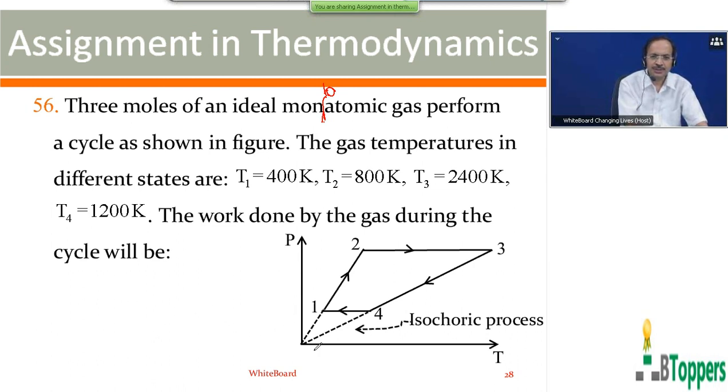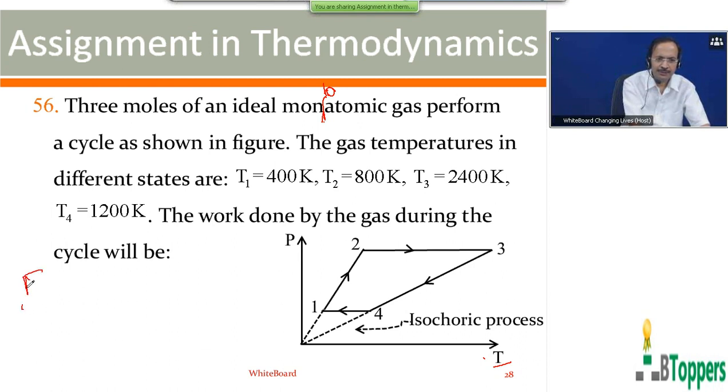So you can observe that you are given the PT diagram, not the PV diagram. We are given the graph of pressure along y-axis and volume along x-axis, and the area enclosed by the graph representing the cycle gives the work done. But here it's not a PV graph, it is a PT graph. The process 1 to 2 is represented by the process from temperature T1 to temperature T2. It is represented by a straight line passing through origin.